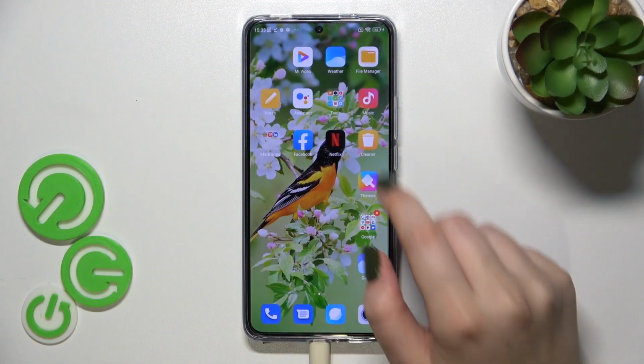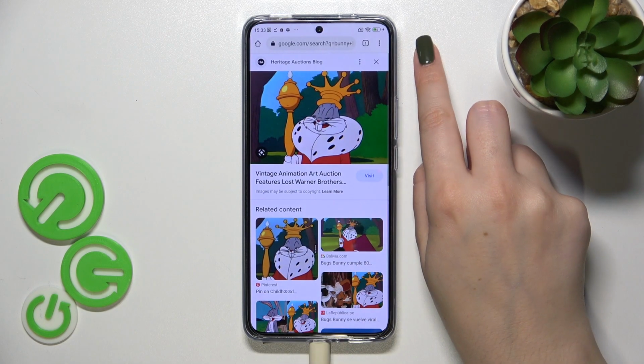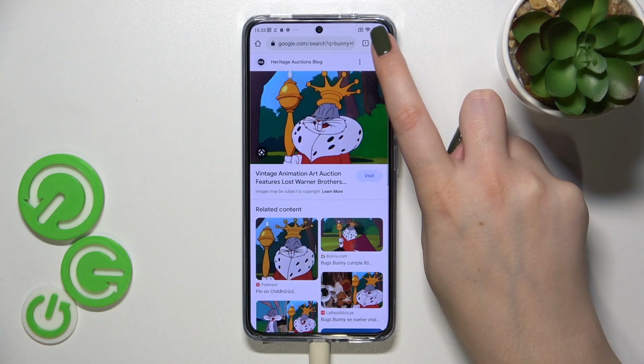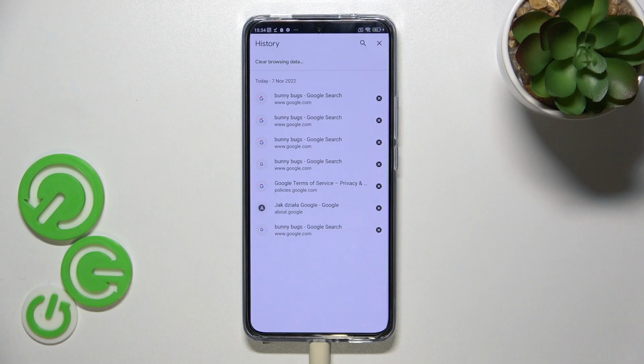So first of all, let's open the browser, and in my case it will be Google Chrome. And now all we have to do is simply tap on the three dots icon in the right upper corner. Now let's enter the history, and as you can see right here we've got the list of all previously